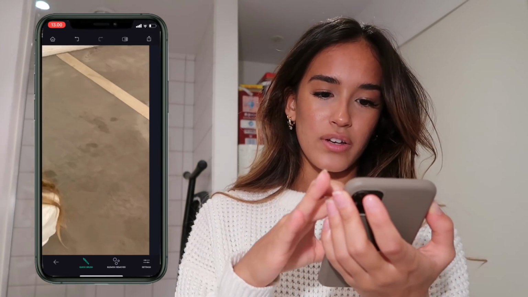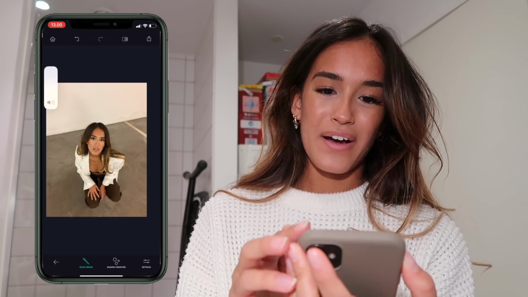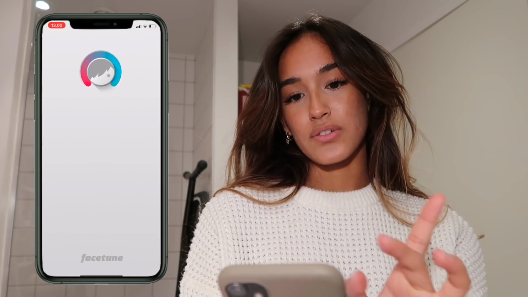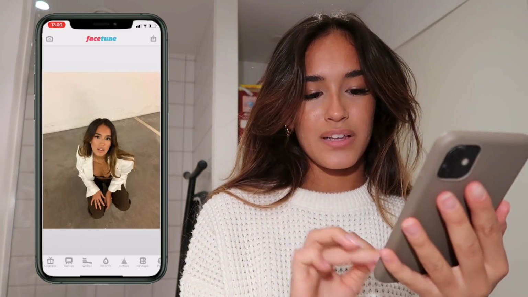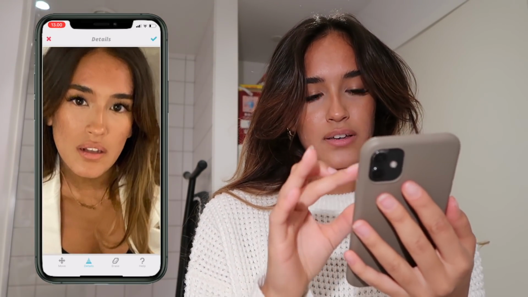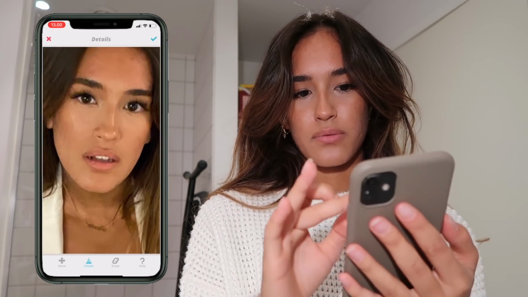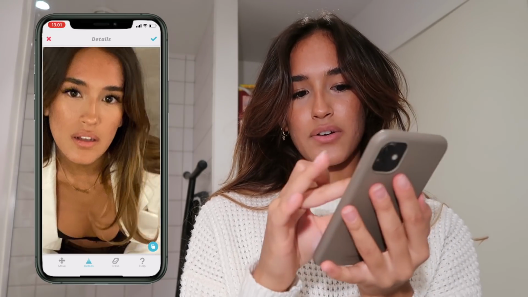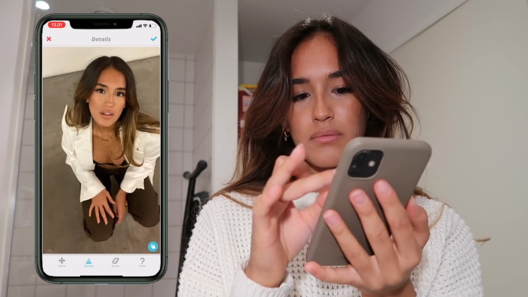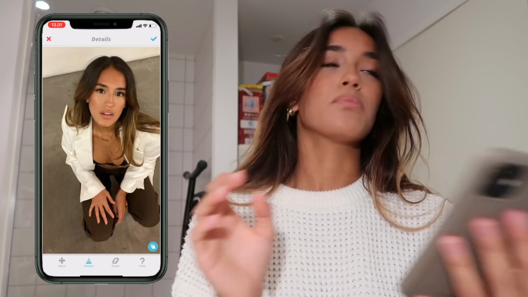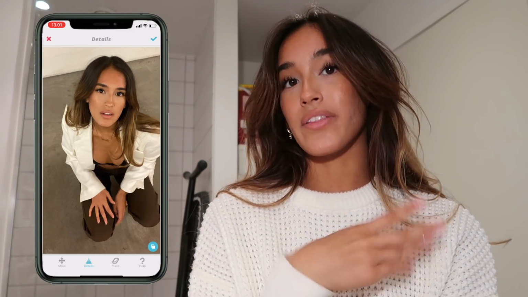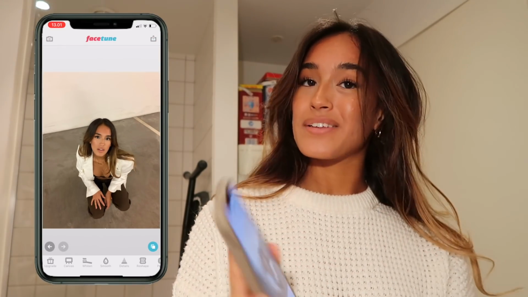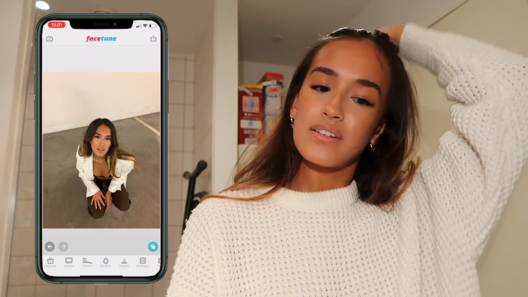And that's all I do to the whole background. After I've done this, the last thing I do is open up Facetune, open up the photo, and click details. I've already done it to this photo, but I'll tap on my nose, highlight my jawline, my jewelry. Right now I don't have jewelry in this photo, but I usually detail that because it just looks a lot better. So that is what I do to the photo, and then it ends up like that.